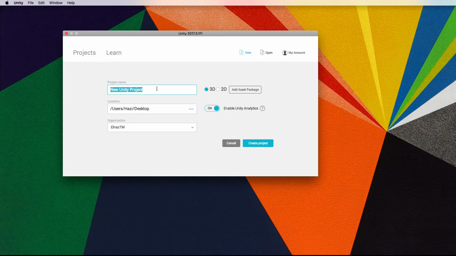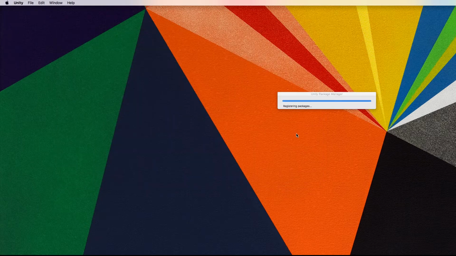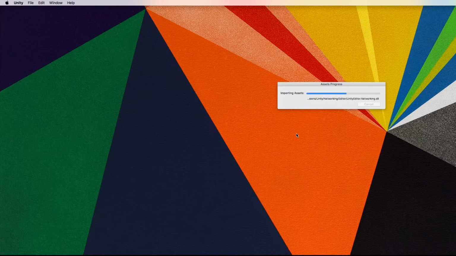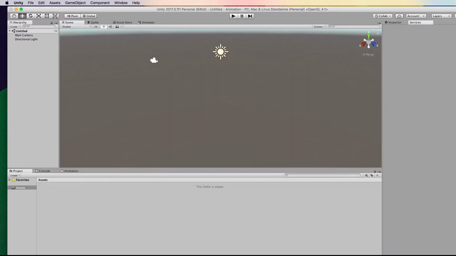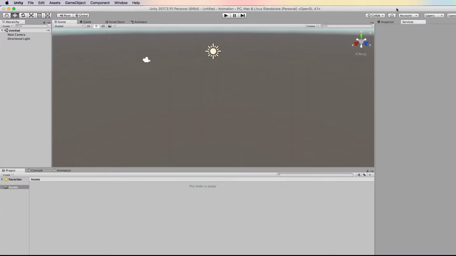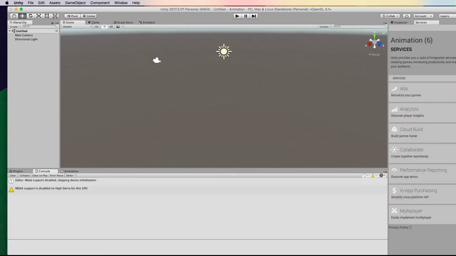So I name it animation. I save it on my desktop and make sure that it's 3D mode. So I press on create project. Okay, now I have the project